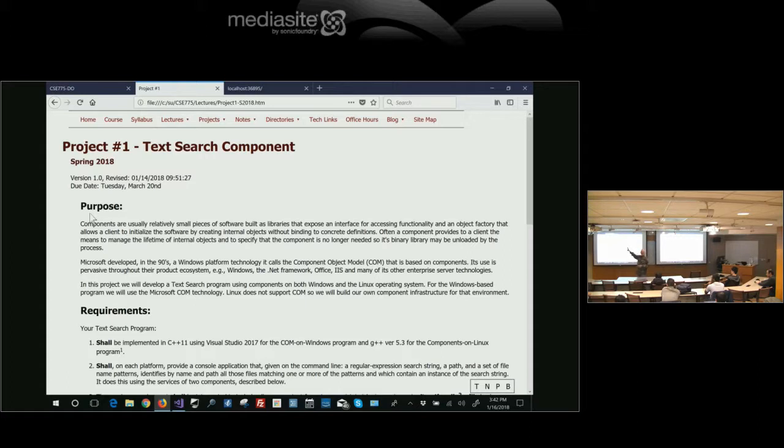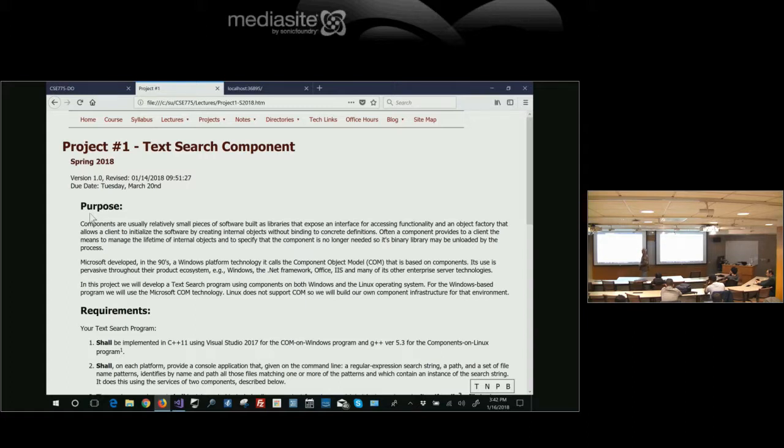The focus is on how to wrap that functionality in COM, turn it into a COM object. This project will require you to build two COM components, one using another, so client software uses one COM component, and that COM component uses another COM component, and that causes some technical stuff that you need to understand to make that work.